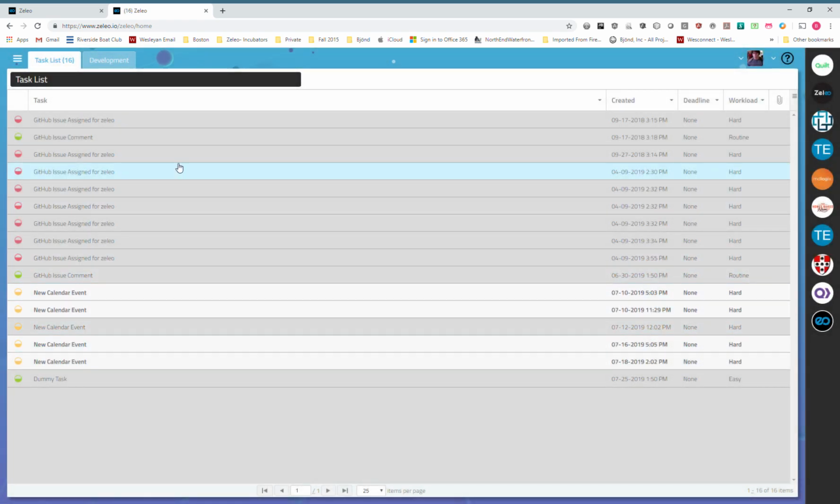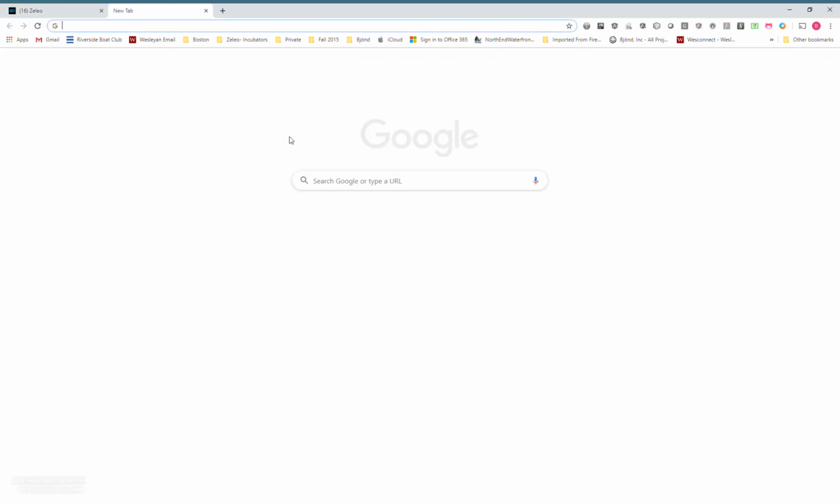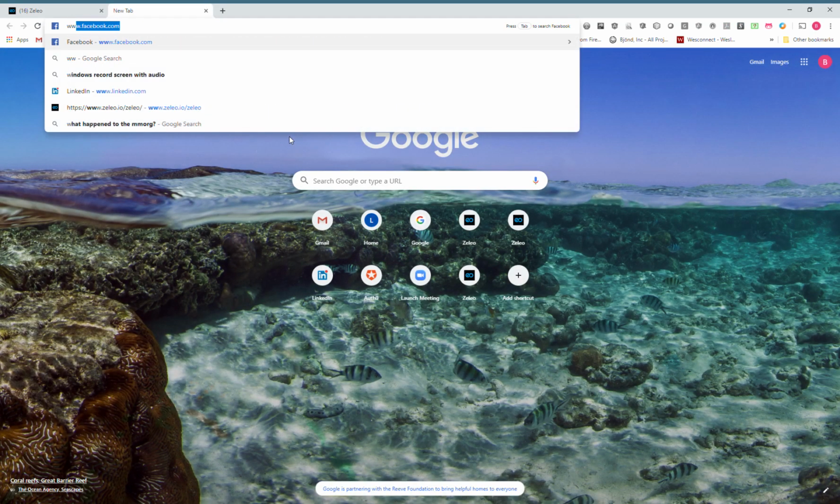And there we go. If you see Zeleo refresh, that means everything happened without a problem. It's going to take you back, give you a new tab, and refresh and show your desktop again here in Zeleo. So the next thing we need to do is